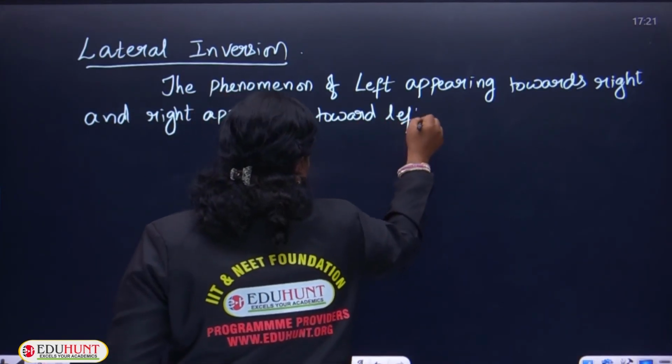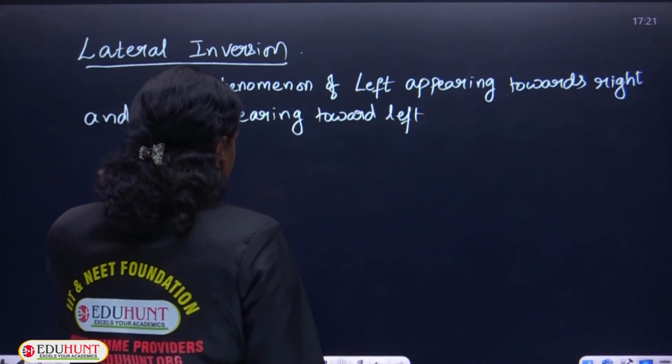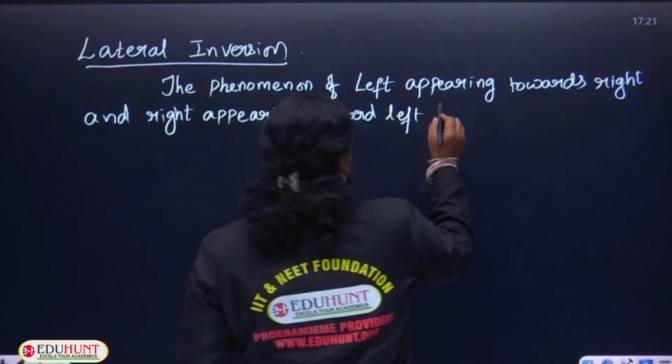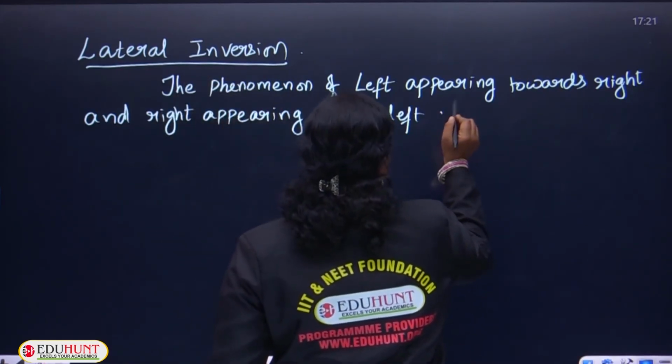Left is visible as right side, whereas right is visible as left side whenever seen in